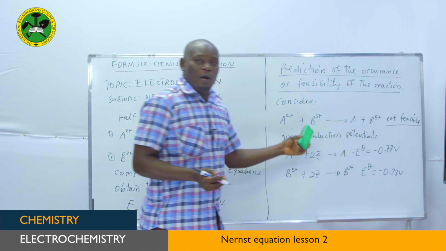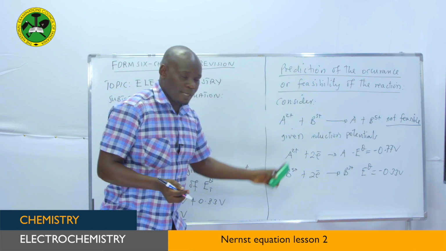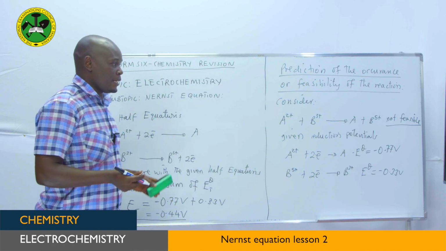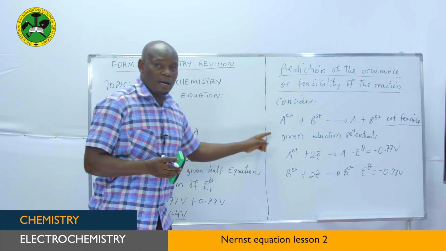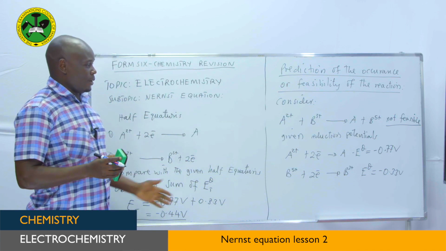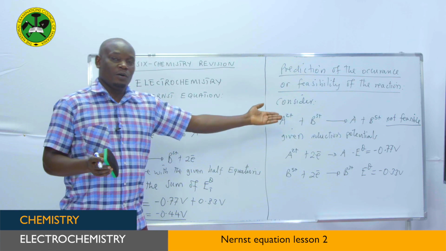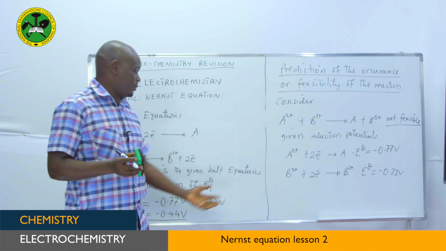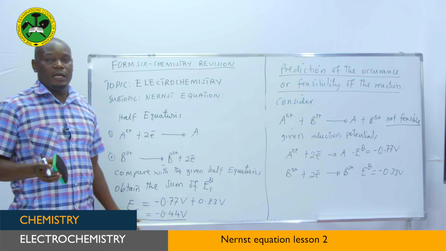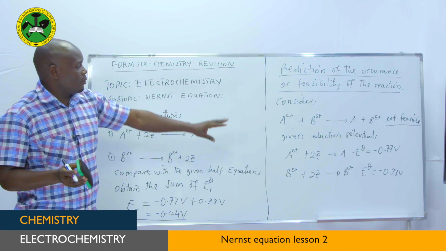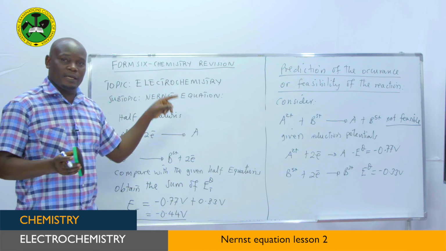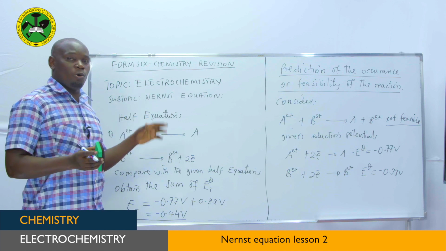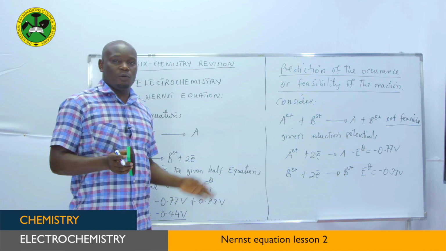So you have used your standard electrode potential to decide if the reaction will occur or not. What helped you to judge if it is feasible or not feasible is the standard electrode potential. That is how you can use the standard electrode potential to predict the feasibility of the